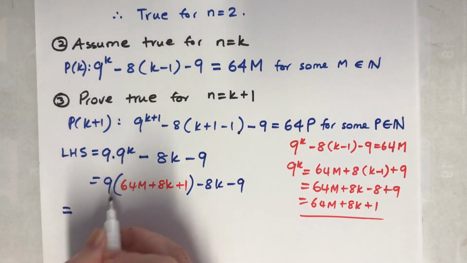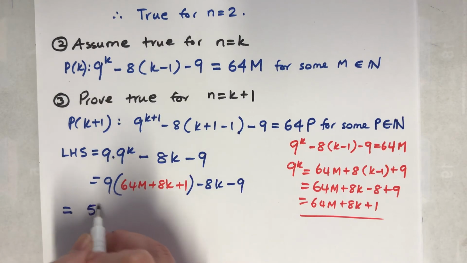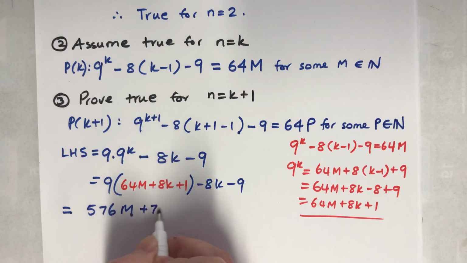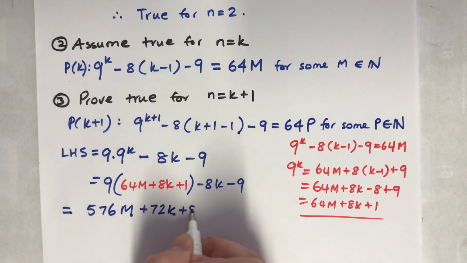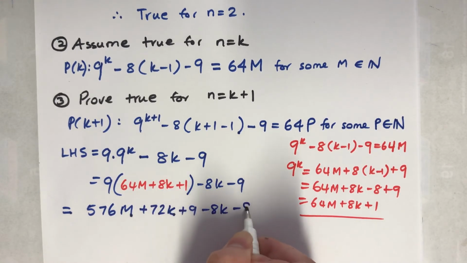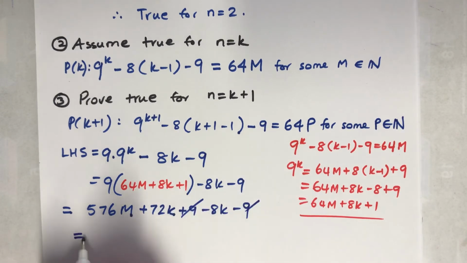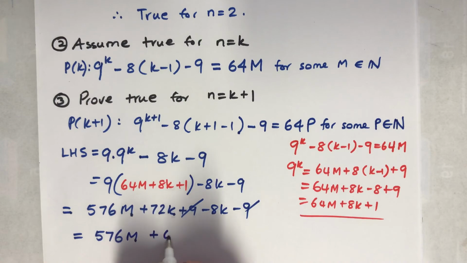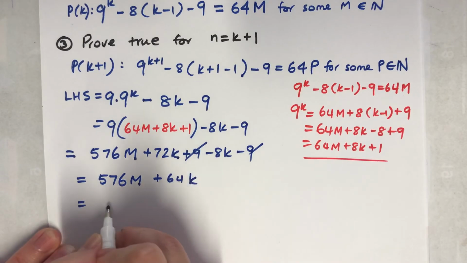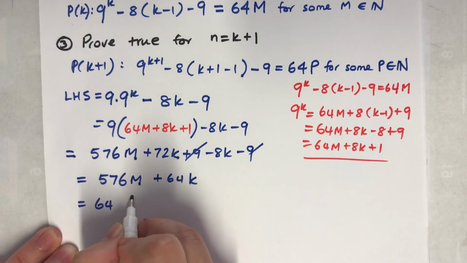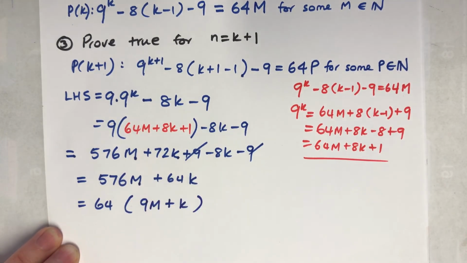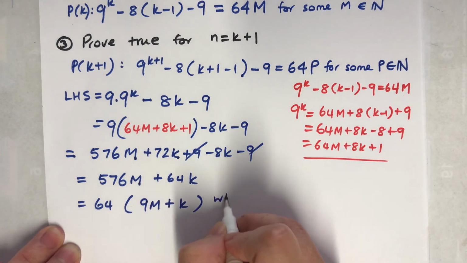And if I expand this one, 576, use a calculator if you need to. 8k minus 9, cancel, 576M plus 64k. And I'm going to take the 64 out, that's what we want. If I do that, I will get that, which is